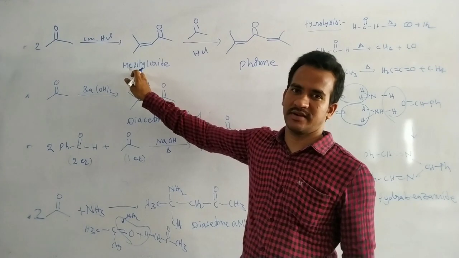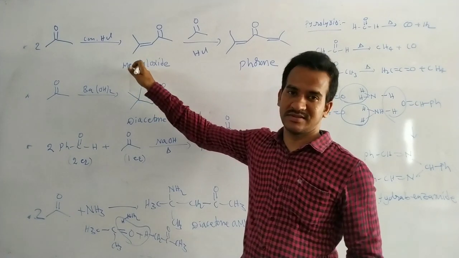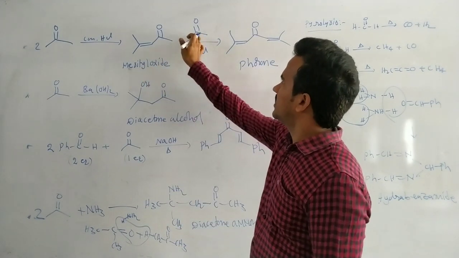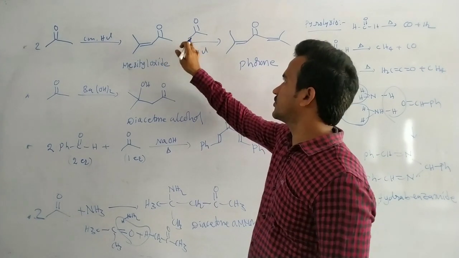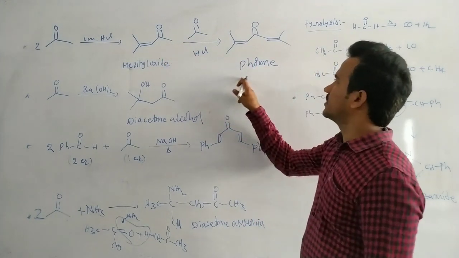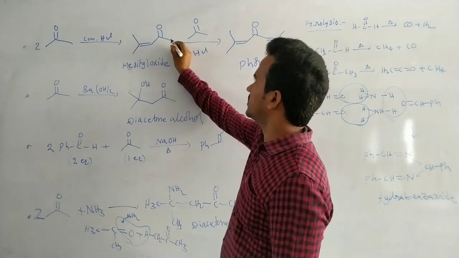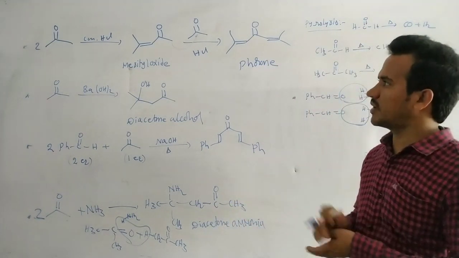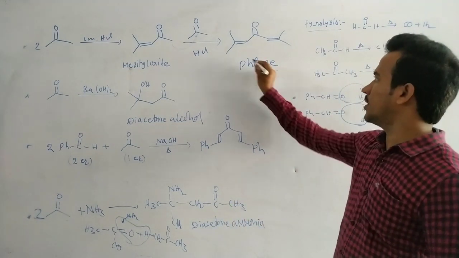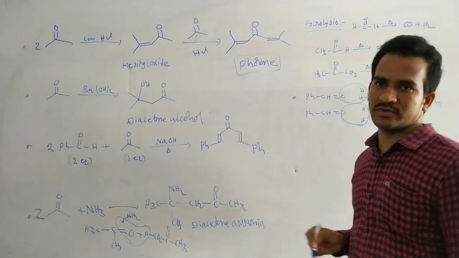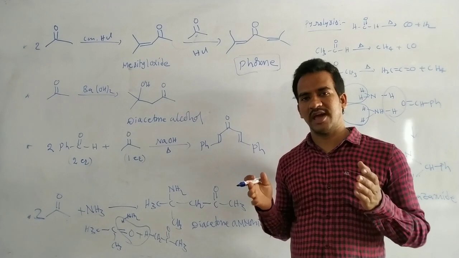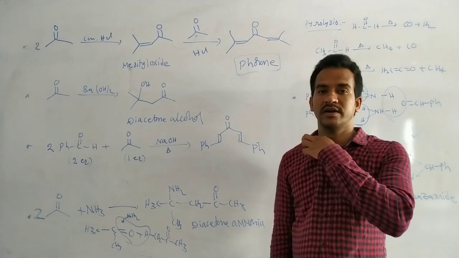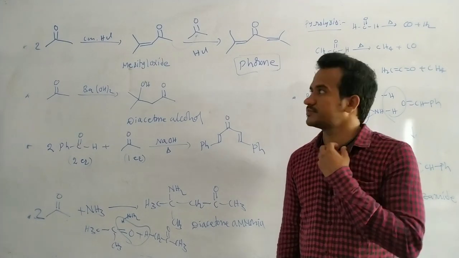Generally, that is known as mesityl oxide. Somewhere the name of this compound is confused, so it is mesityl oxide. Now here, addition of another third mole of acetone. So in this case, again aldol reaction takes place, that means enolization in acidic medium. Just acidic medium. With two times aldol condensation, we will get the phorone compound. Generally, your question is how many moles of acetone are required for the formation of this phorone?